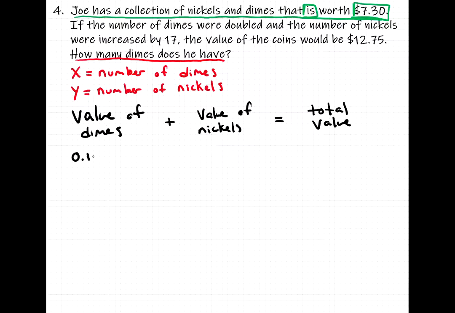Okay, so 10 cents times x. And the value of the nickels, well, one nickel is worth 5 cents. So that group of nickels is worth 5 cents times the number of nickels you have, which is y. And the total value that's given is